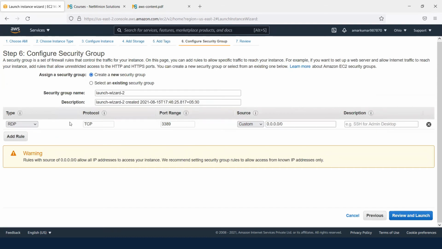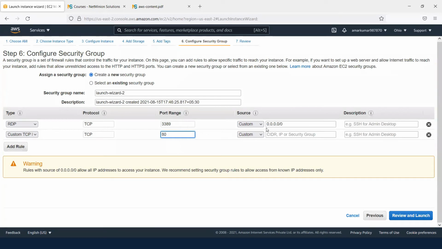For example, the RDP port is allowed, so from anywhere I can access this machine on port number 3389. I'm just going to add one more rule, and here I would select port number 80.